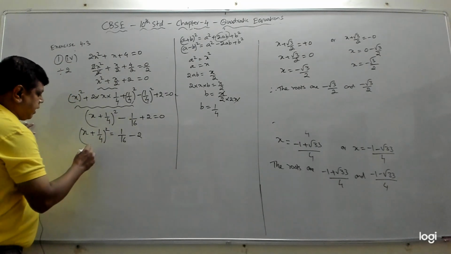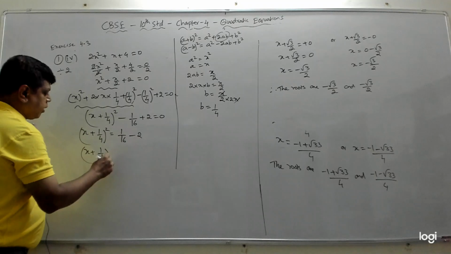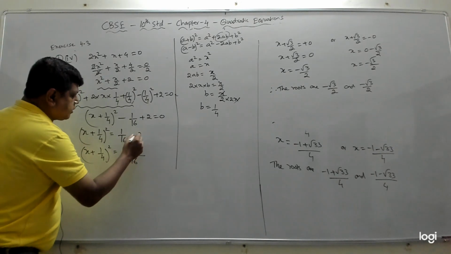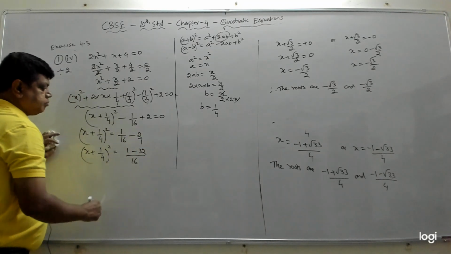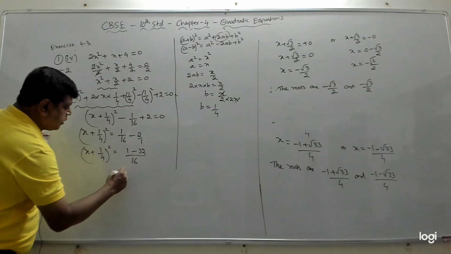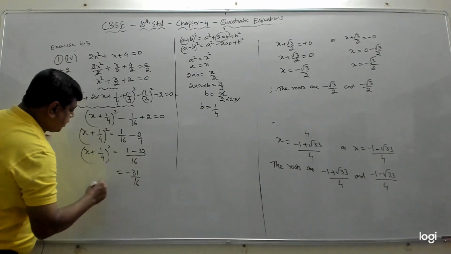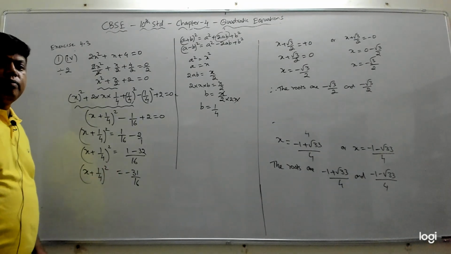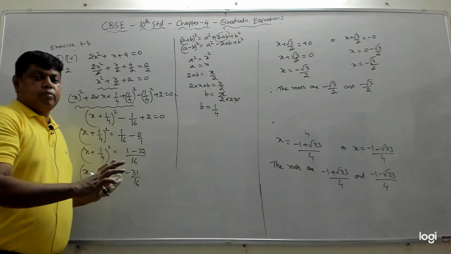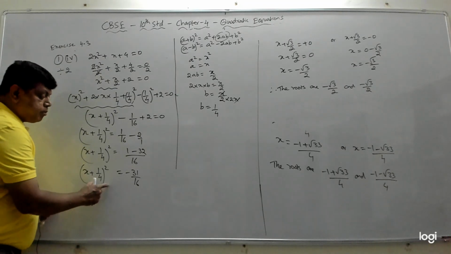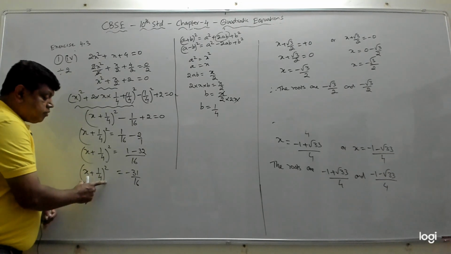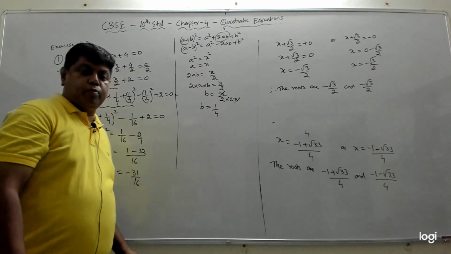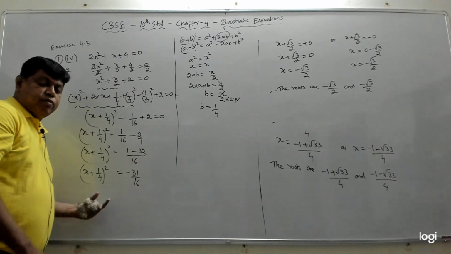Fine. So now we have x plus 1 by 4 the whole square equal to, now add that. We put by 1, LCM is 16, 1 minus 16 2s are 32, right? So we will get minus 31 by 16, that is x plus 1 by 4 the whole square. Now there is a problem. What problem? A square of a real number is becoming negative, but square of a real number can never become negative. But we are getting it as negative, which means we cannot proceed further.